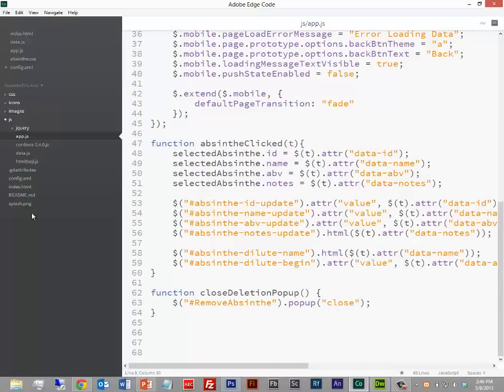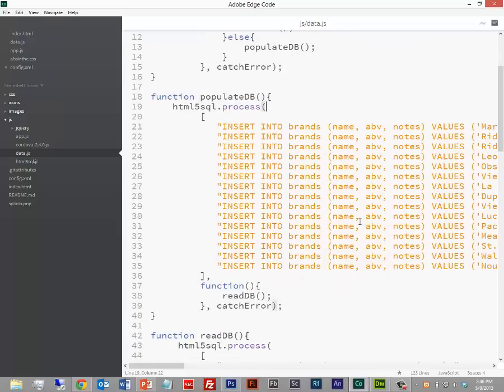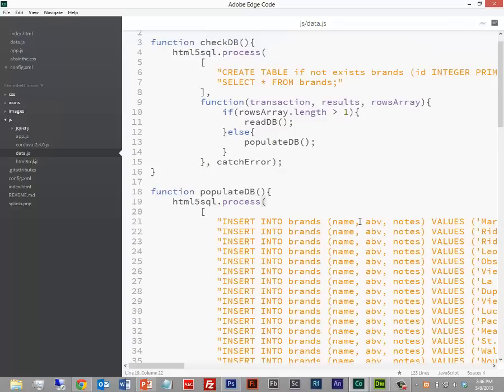methods. But in here I also created a data.js, and this uses that HTML SQL.js that I was talking about earlier to do all of the neat database calls. And I'm doing some pretty cool stuff here. I'm detecting whether this SQLite database exists inside of the application.